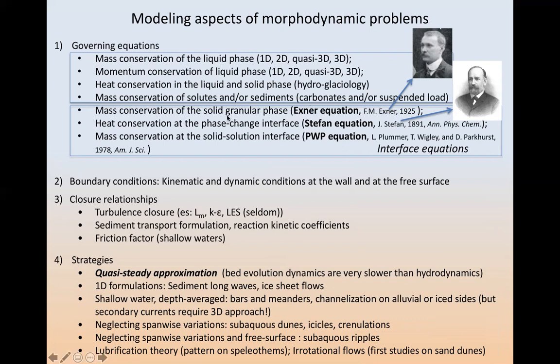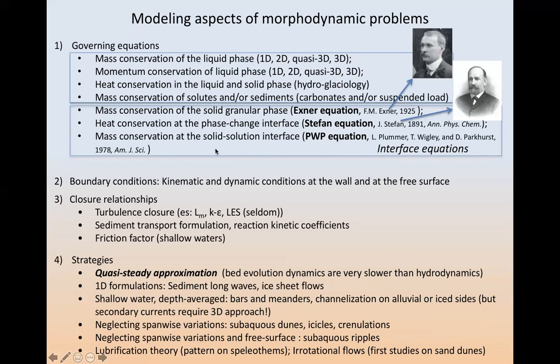And then we also need, this is an important point, an interface equation, or evolution equation of the interface. In the case of alluvial morphodynamics, we have the Exner equation, which is mass conservation of the solid granular phase at the interface between water and the sediment. The Stefan equation, that is just heat conservation at a phase change interface. And PWP from Plummer, Wigley, and Parkhurst, I will come back later on that, but it's a sort of mass conservation,